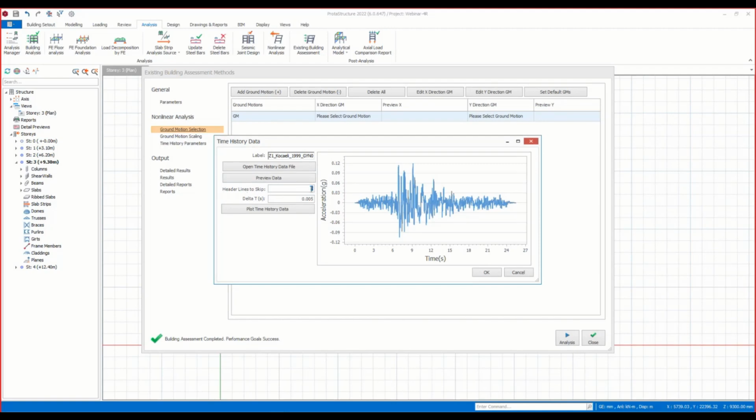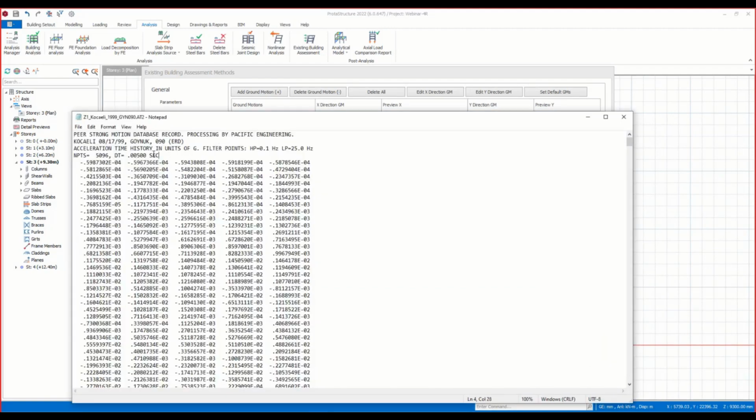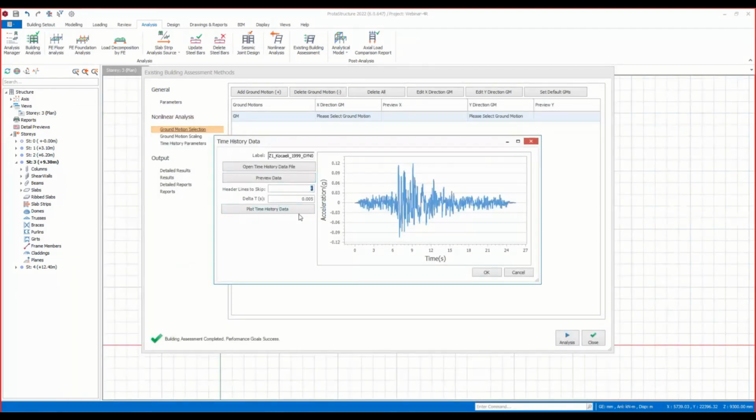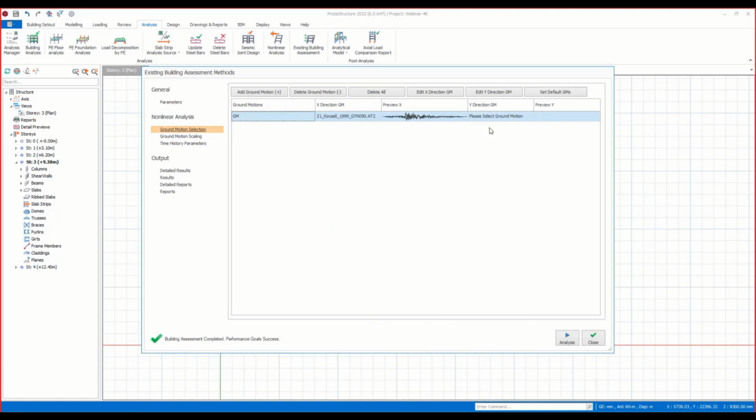So that's why we inserted 4, because we will start directly from the values. And delta t's, of course, you can play with the delta t values from here. Once you click on plot time history data, it will be seen in here. You can do the same for the y direction,